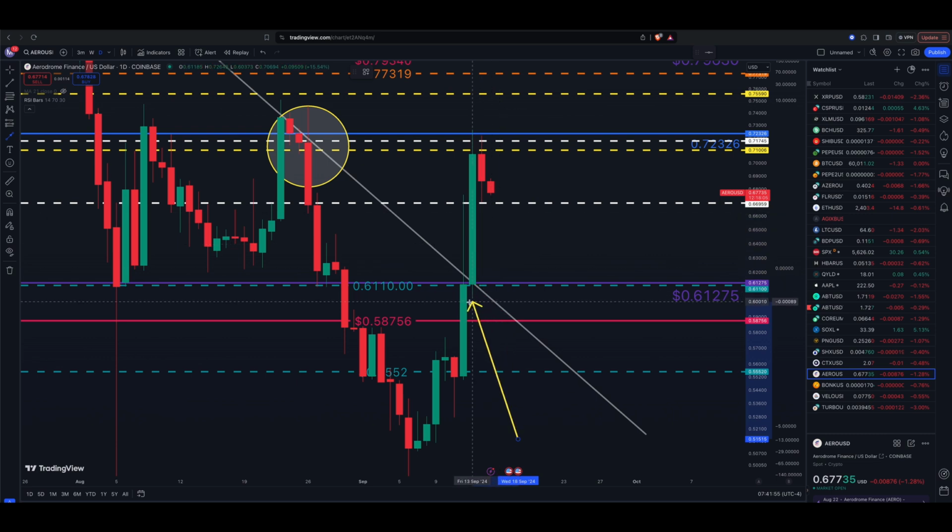So fast forwarding to where we're at now. We had a higher high here on the 12th, higher high on the 13th, lower high on the 14th, which was yesterday, Saturday. So what does that tell me? Basically, it starts to flash a warning sign that, hey, it doesn't mean Sunday won't print a higher high. But once we start to print a lower high from the previous day, I start to look for markets to either trade sideways,